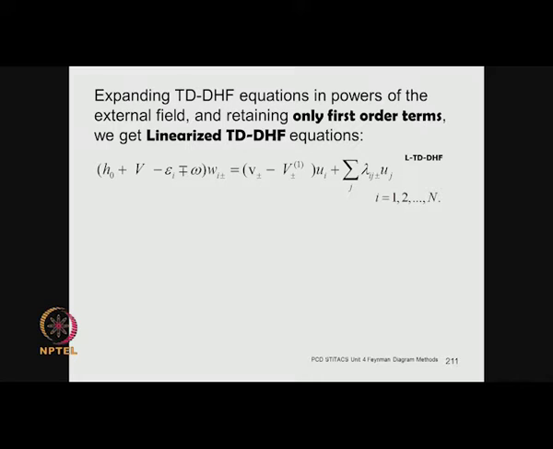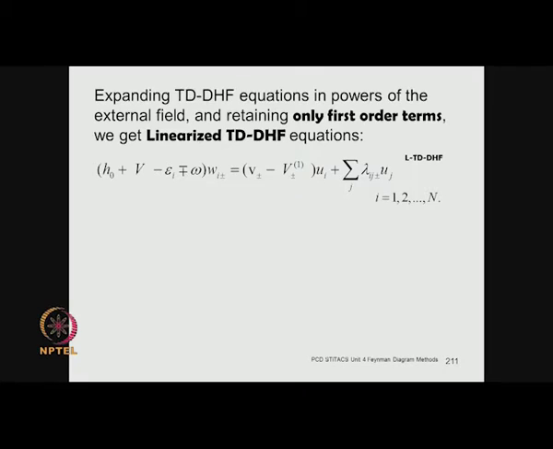Now, linearization, if you remember, was the key element in the Bohm-Pines method, because when we excluded those terms with random phases, it amounted to throwing out certain nonlinear terms. The terms that we did retain had linear terms. So, it is the linearization process which is common and which is fundamental, which is why all of these methodologies, these different routes to RPA, are completely equivalent to each other. So, you have the linearized time dependent Dirac-Hartree-Fock equations that you get by retaining only the first order terms in